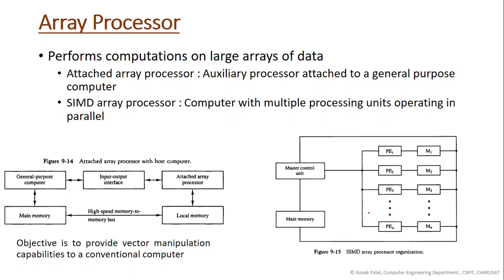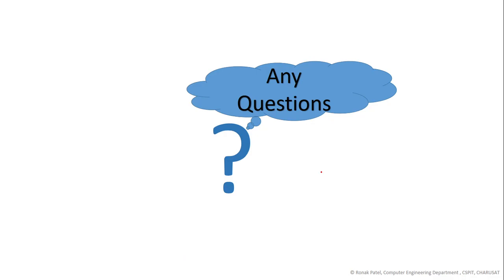So who will give the instruction to these? The master control unit will give the instruction that you need to perform this operation. All the coordination will be done by this master control unit. So this is the array processor, and with this we have ended the